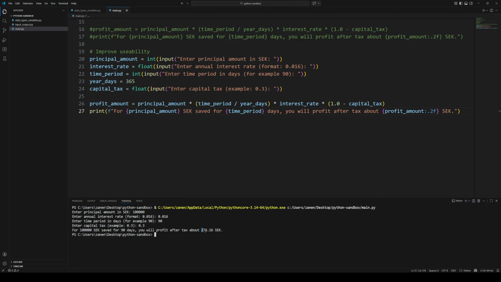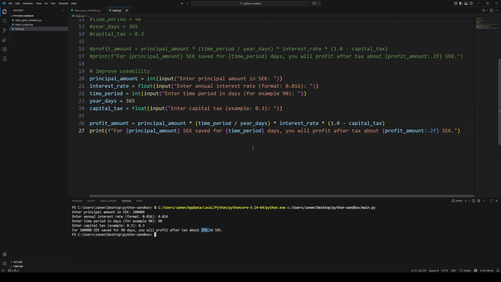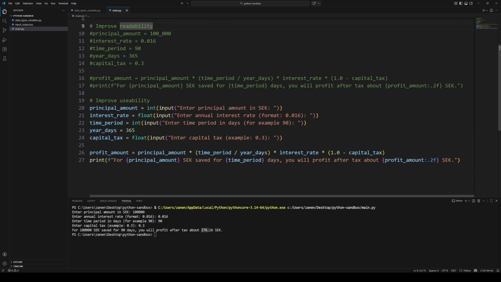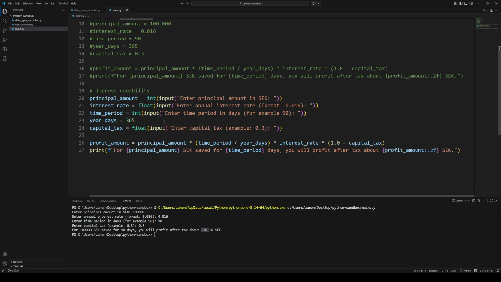And we got the exact same answer as before. So we have done something called refactoring at the same time. It's the same logic. It's not really 100% refactoring, but we have the same outcome. And we will see more examples of a proper refactoring in the future when we go through functions and how we could improve this reusability even more. But this is an example going from hard-coded values to using variables through inputs and making sure we do the correct